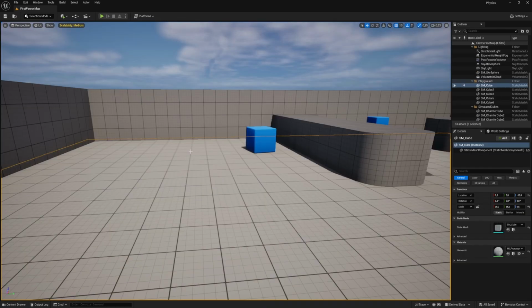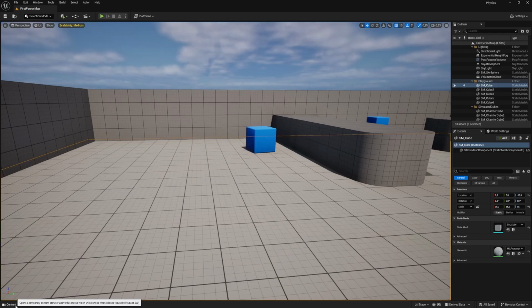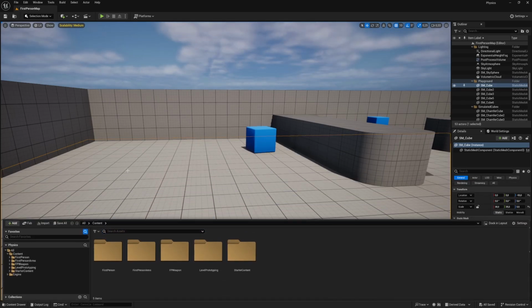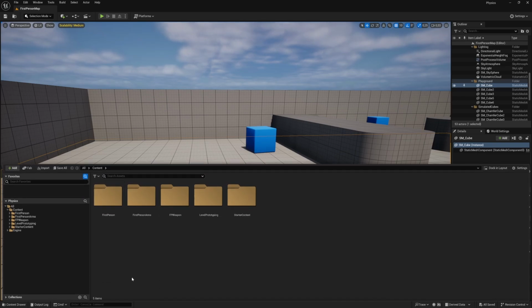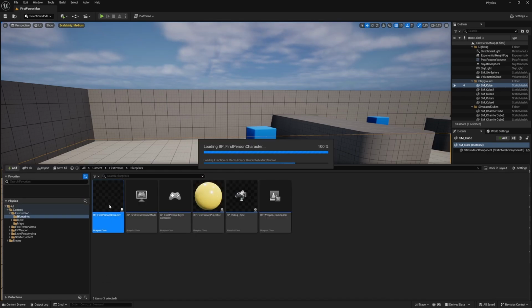Hello everyone. Today's episode we're going to go over some physics interactions: picking objects up, dropping them, throwing them around, making sure we can't push objects through walls and things like that. So the first thing we're going to do is, this is a blank project. It's a first person project. I'm going to open up the first person character